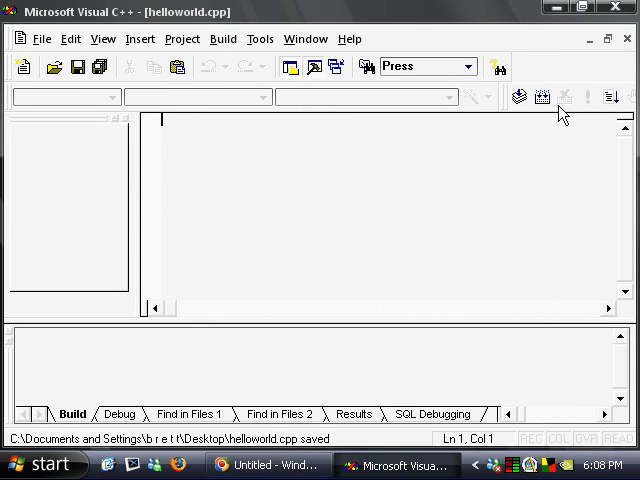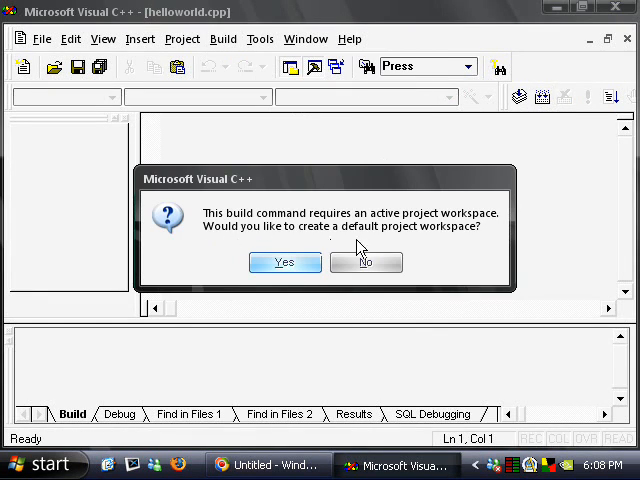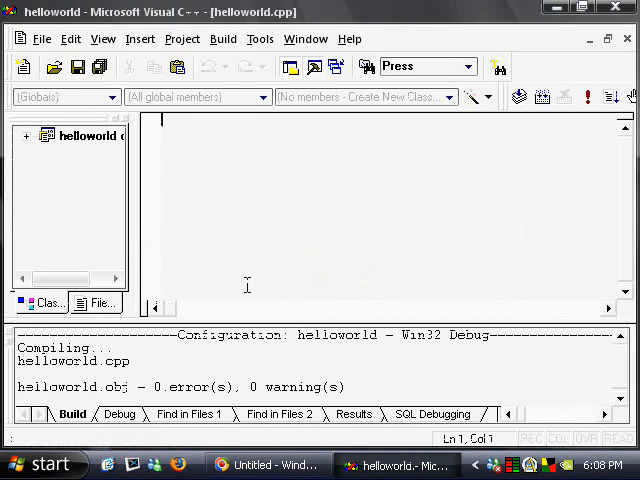We save that, then we click on the compile button, or go up to build and then compile hello world.cpp, and then this is where it will ask you to create a workspace. Click on yes, and now we're ready to start